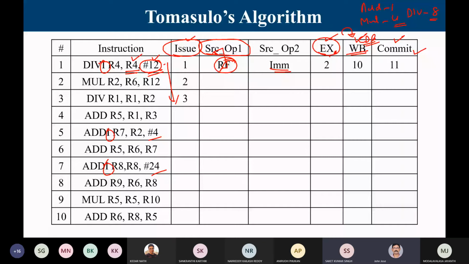No, functional units are not pipelined. That means if I am doing a division operation, then for the next 8 cycles, no other division operation can enter. We have seen in floating point arithmetic, the general one, our multiplication unit is pipelined, M1 to M7. That means each individual multiplication will take 7 cycles to complete the execution stage, but every cycle a new pair can go in because they are done in an internal pipeline. Whereas the division unit is not pipelined. So once you supply something, it may take 25 cycles to come out.